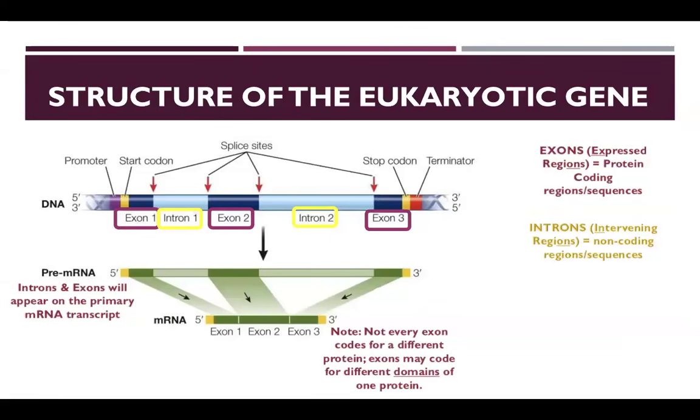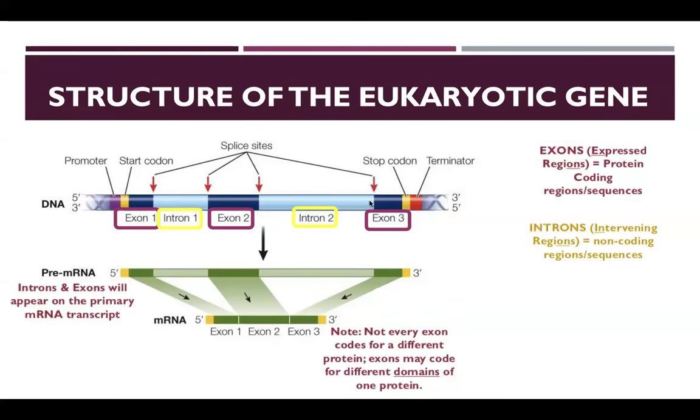So before leaving the nucleus, the messenger RNA gets cut up so that you can have only the coding sequences. In your DNA, you have exons and introns. Your exons are your expressed regions, which are your protein coding regions. Your introns are non-coding regions and sequences. Introns are primarily there for helping with structural support. Where the exons and introns interact, those are known as splice sites. By splice sites, it means those are the sites where the exons will be cut from the introns so that in your messenger RNA, all you have are your exons.